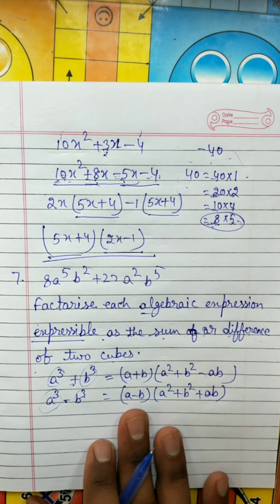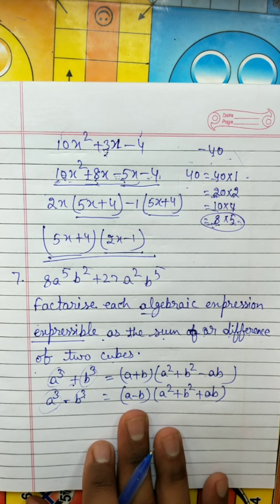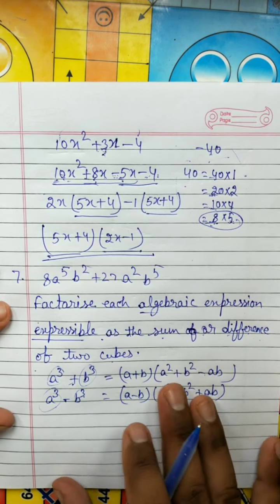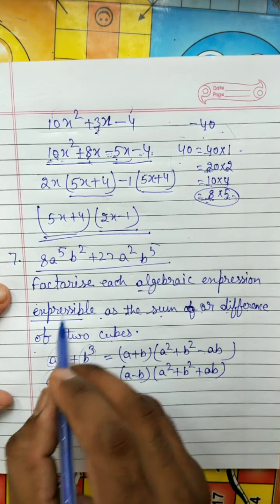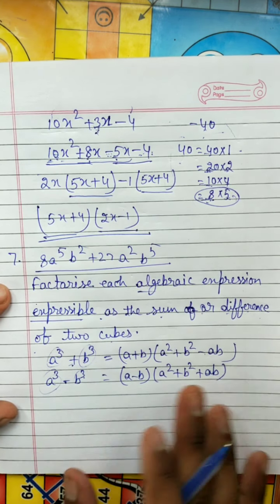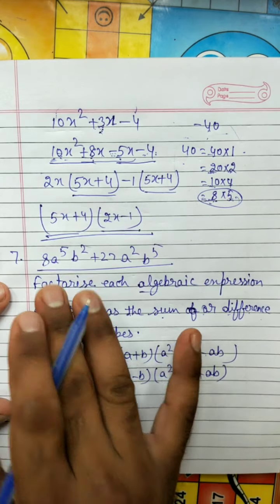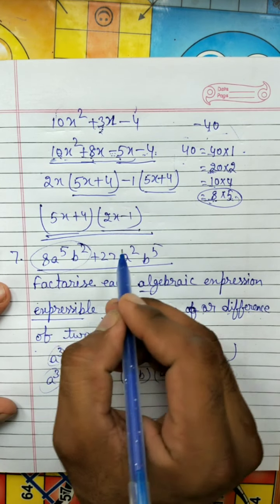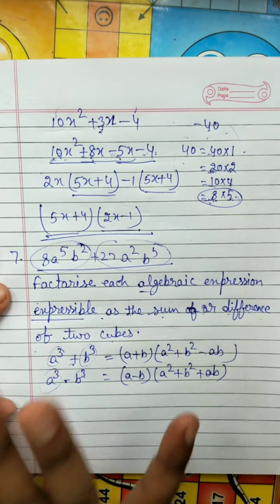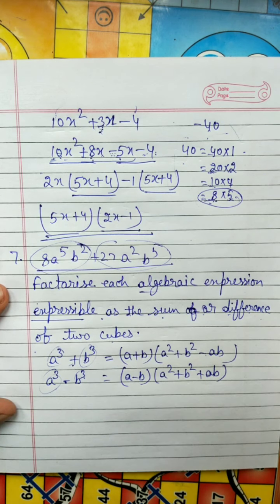I suggest you can do the first, second, third and 4th question also. Even the 5th question is also the same kind. As many as you can do, you will proceed. Here I am taking this one. Directly I cannot say this is expressible as a cube, because this is not the cube of any number, this is also not the cube of any number. And taking to the next page,